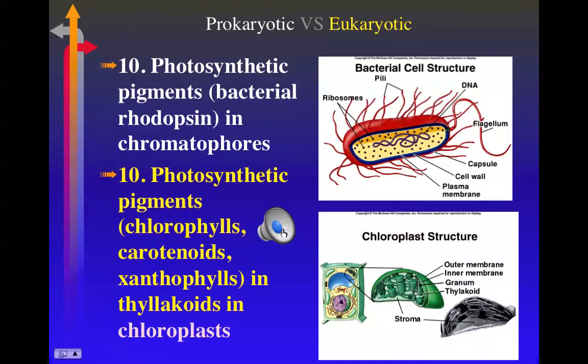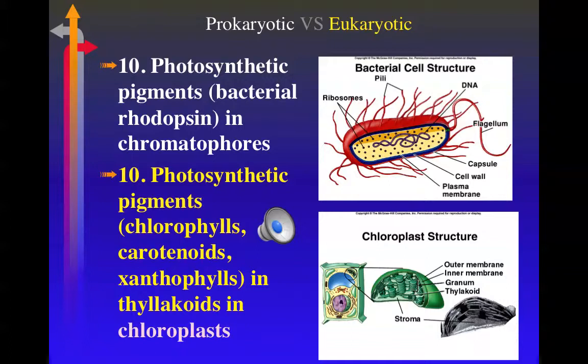Certain types of cells are capable of capturing sunlight energy and using a biosynthetic process called photosynthesis. If we have a photosynthetic prokaryotic cell, those pigments that are capable of capturing sunlight are chemicals like bacterial rhodopsin, or different kinds of pigments that are often located in structures that we call chromatophores. With a eukaryotic celled organism, the photosynthetic pigments tend to be chlorophylls, carotenoids, or xanthophylls, which are the greens, oranges, and yellow colors that we see in these types of eukaryotic celled organisms.